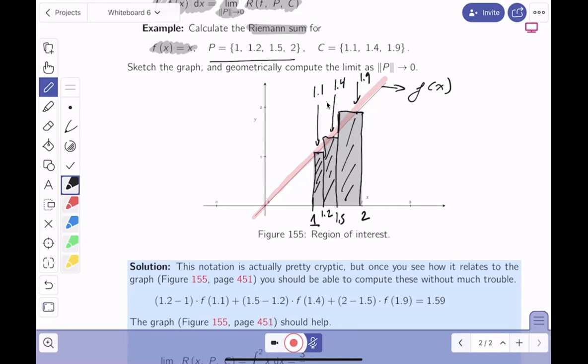The Riemann sum for this over here, well, let's take a look at it. What's the base of that rectangle? 1.2 minus 1. I'll write that down for you. Times the height of that rectangle. Well, the height of a rectangle is going to be f at 1.1. I'll write that down for you. We'll do the computation later. Plus,